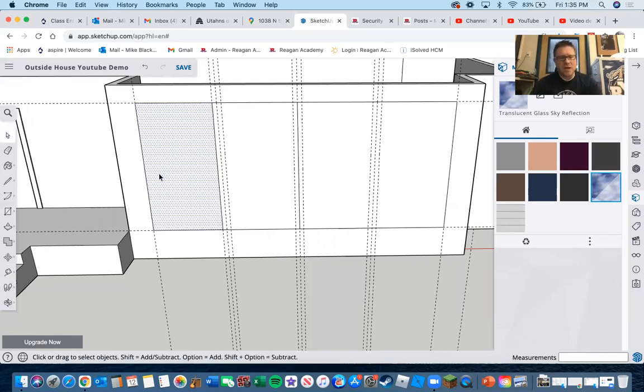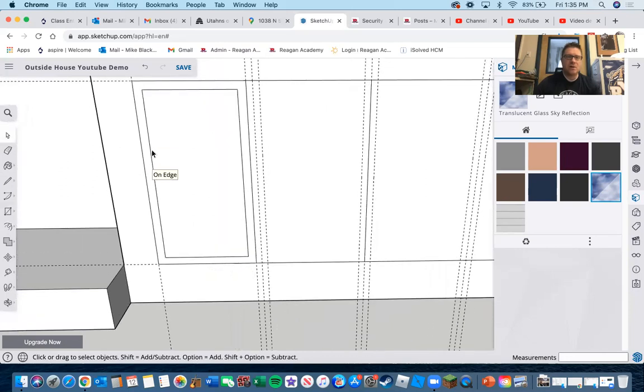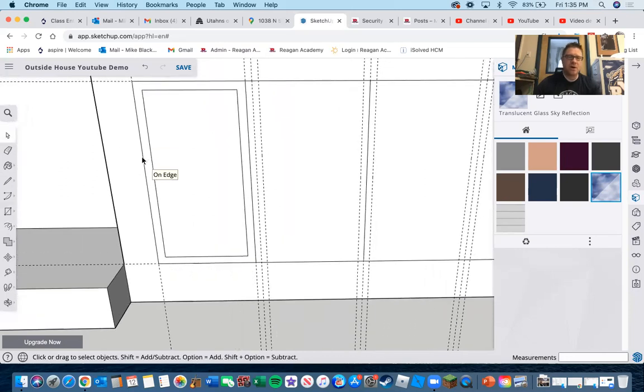So I'll click on the face, I'll hit my offset tool, and I'm going to come in my 4 inches this way. So now I've got that window. Now I want to take this window and copy it. So in order to copy something, I can, with the arrow, so the arrow key, which is spacebar, I can